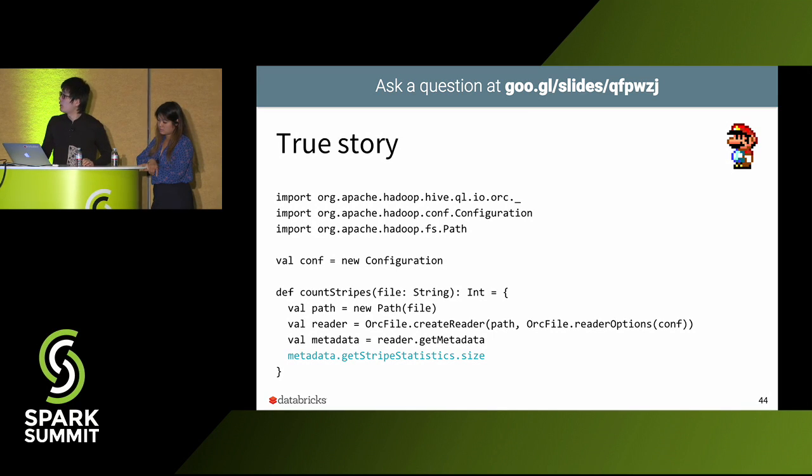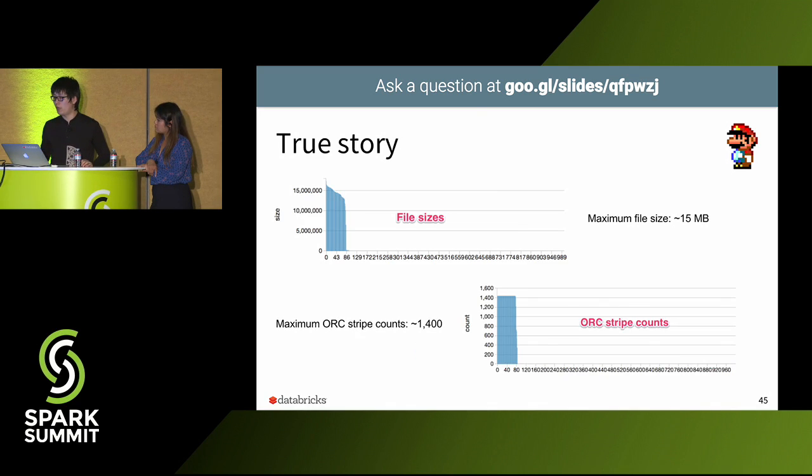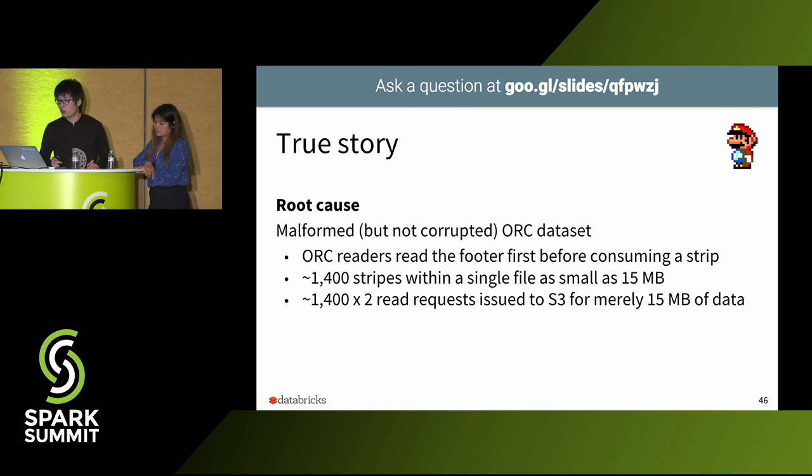Then I ran this snippet. Basically, it tries to count the number of stripes within every single ORC file. And what I found is pretty interesting. There are like 1,000 files. Most of them are super small, like 1 KB or even smaller, and a handful of them are a little bit larger, 15 megabytes or so. But there are like 1,400 ORC stripes within each of these 15 megabyte files, which means these malformed but not corrupted ORC files